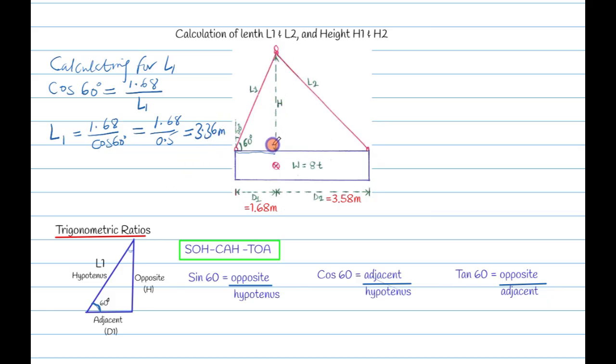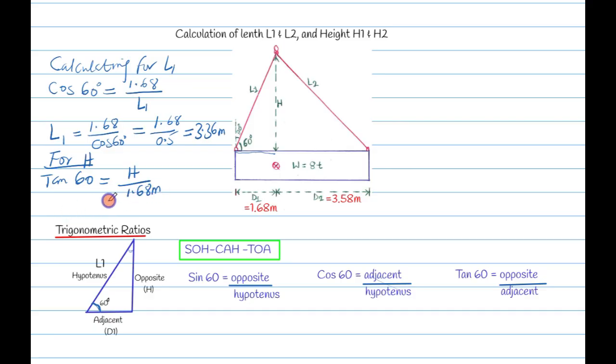H here is the opposite, so we can use tan 60, which is opposite over adjacent, because we have our adjacent and we are looking for the opposite. For h, it will be tan 60 equals the opposite, which is h, divided by the adjacent, which is